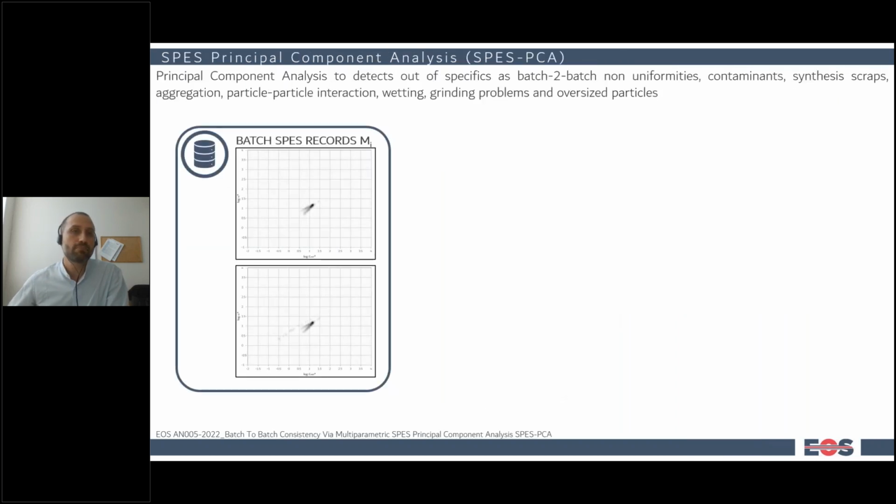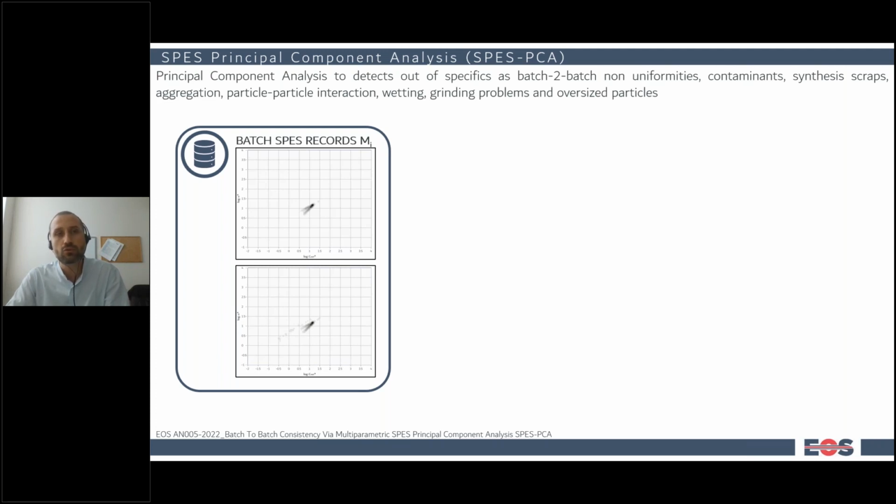As the last but not the least in terms of the applications, let me show you the capability of the system in terms of batch-to-batch analysis. The SPES data is multi-parametric data, so we provide the two-dimensional histogram. And we can benefit from different statistical approaches developed for the analysis of images. As the first one, we developed a special principal component analysis based on SPES data